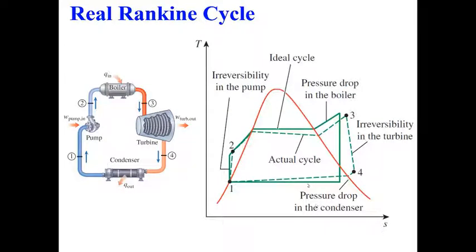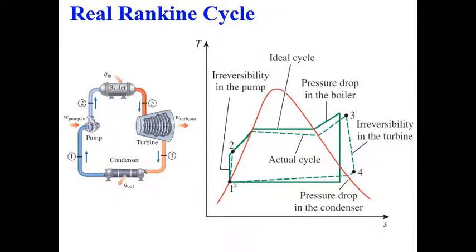Moving on, we have talked about the ideal cycle. Now what are the differences a real cycle has as compared to the ideal cycle? So here you can have a look. The solid curve shown in green shows you the ideal cycle, while the dotted curves show you the actual cycle. Generally there will be piping losses, there will be frictional losses, and there will be heat transfer with the surroundings.